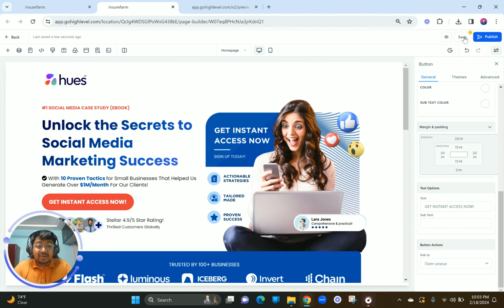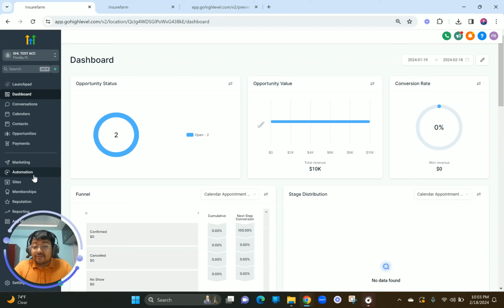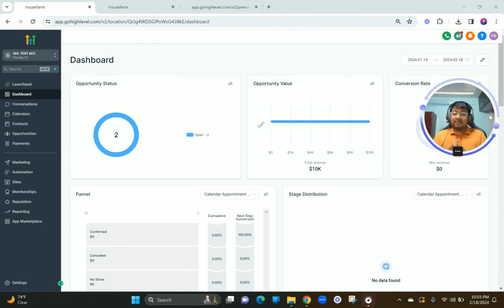Let's go ahead and create the form that we are wanting to do, right? So for that, you have to go to your GoHighLevel account, right? So this is a GoHighLevel sub account, and if you have not created a sub account, then make sure you